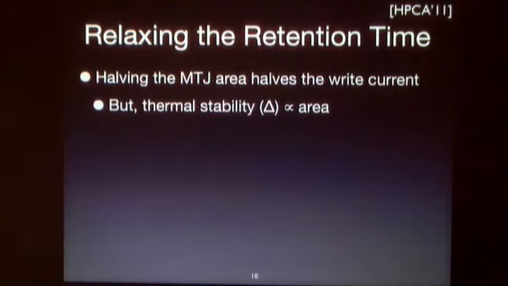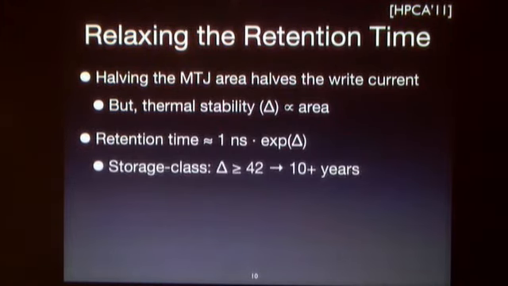So talking about how we're relaxing the retention time here, we're changing the MTJ's area. This is the cross-sectional area of the free layer for an in-plane magnetic material. The big thing here, as the grandest guy talked about yesterday, is that the thermal stability is proportional to the area, in addition to all the magnetic and thickness parameters and so on. And so if you have a rough retention time model such as this,